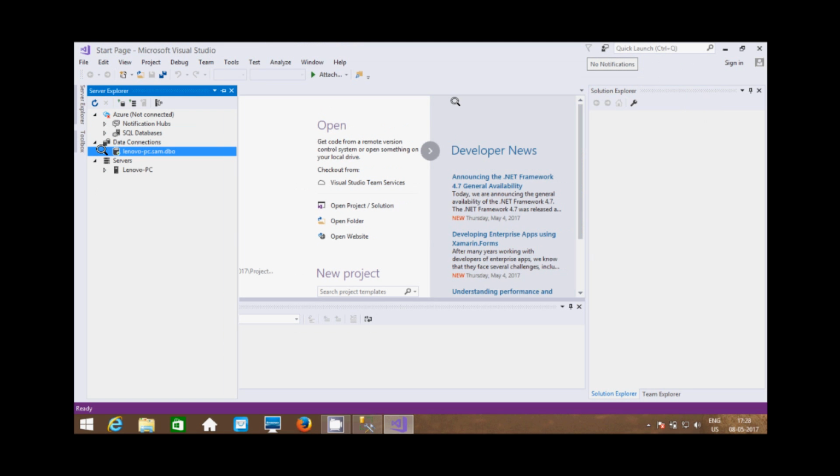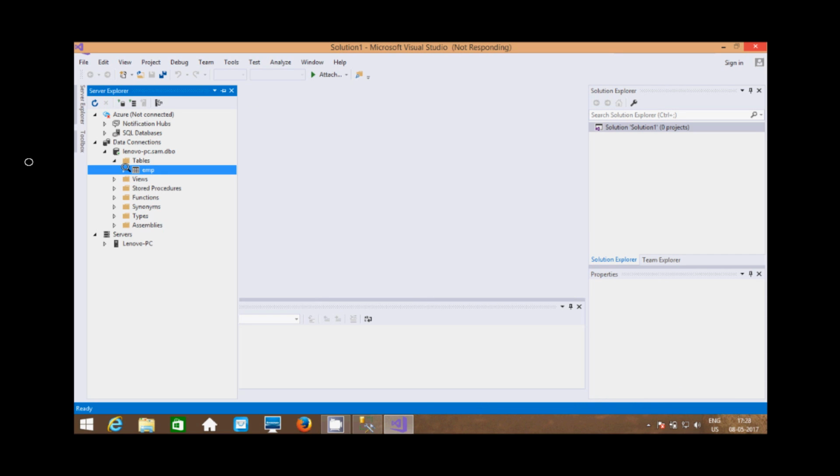Let's click on Lenovo PC.sam.dbo. See tables, views, stored procedures, functions, synonyms, types, assemblies. It's all there. If you click on tables, the EMP I created inside the Sam database comes. That means SQL Server is successfully connected with Visual Studio.